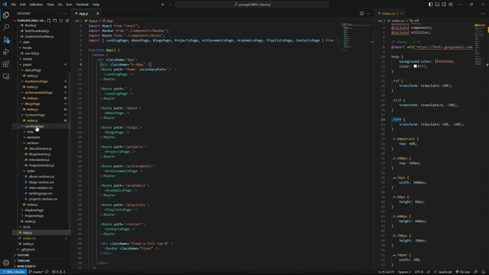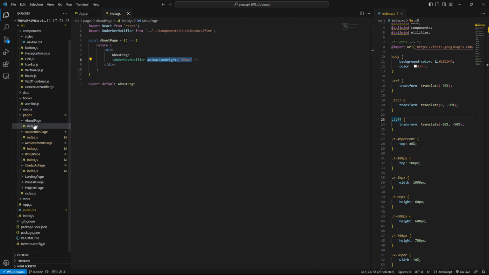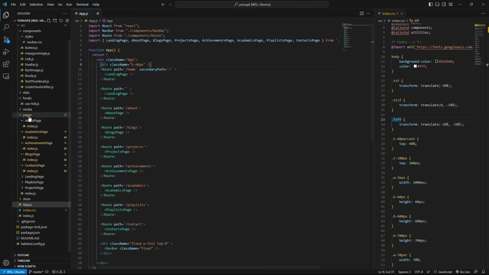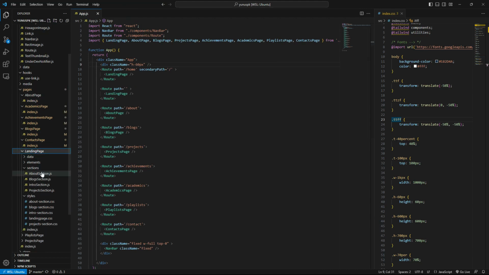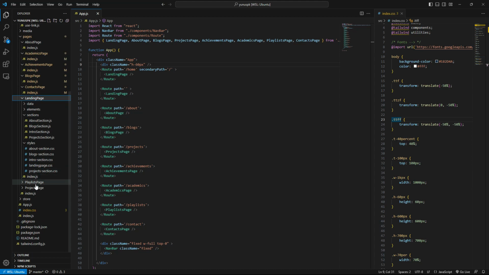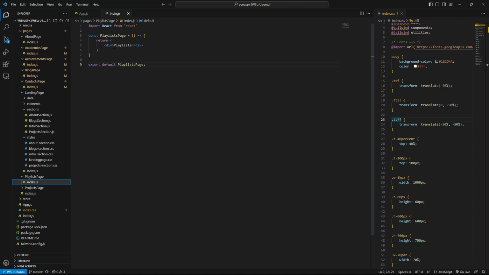Now we're gonna do the landing page, right? Okay, wait, not that. In the landing page we don't need that. In the playlist page, again we're gonna get that because the landing page is already made. The pages that I'm putting this under dev notifier are actually empty.